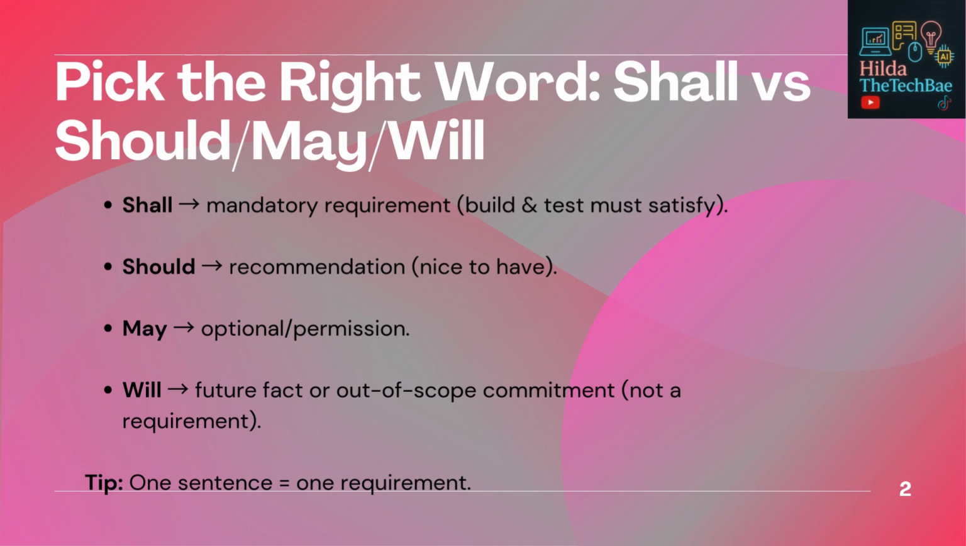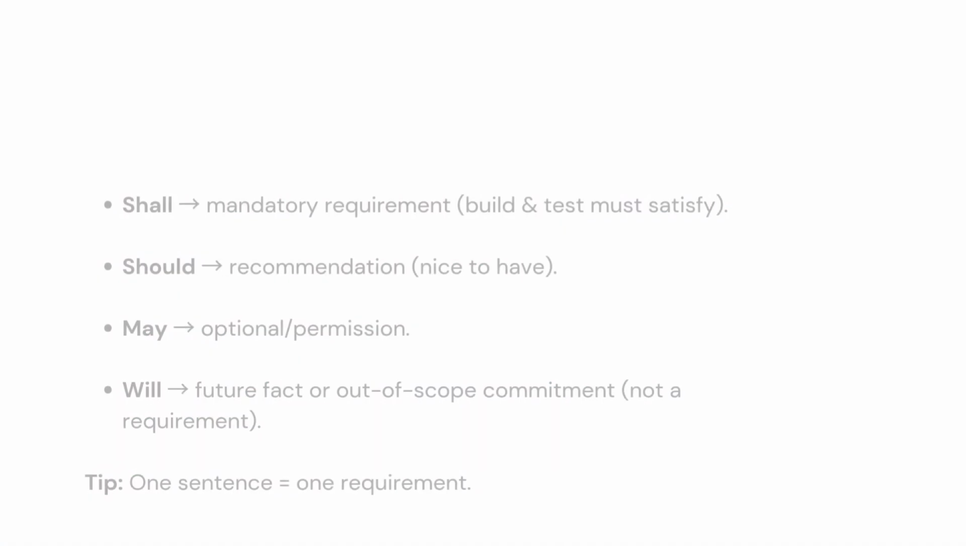So if everything is a shall, nothing is prioritized. Be very intentional when writing your requirement and keep each requirement atomic. One sentence, one behavior. So great. Now, what does a strong shall statement look like under the hood? Let's take a look